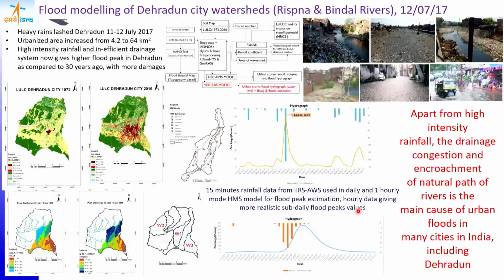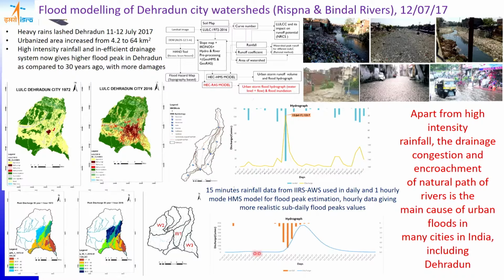rapid glacial lake outburst. And at the city level, many of our Indian cities are highly urbanized, so our runoff potential is much higher. And it is compounded by the fact that our drainages are choked with solid waste. The natural rivers have become drains, which during the flooding will overflow, and also it is contributing to the plastic